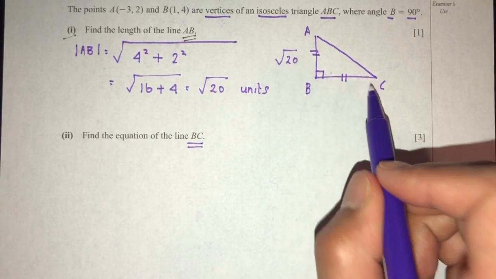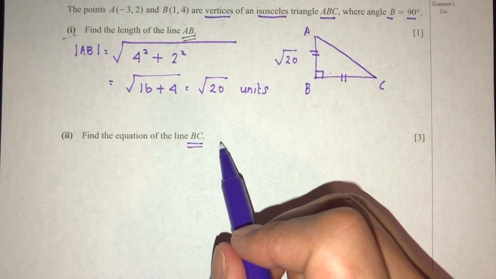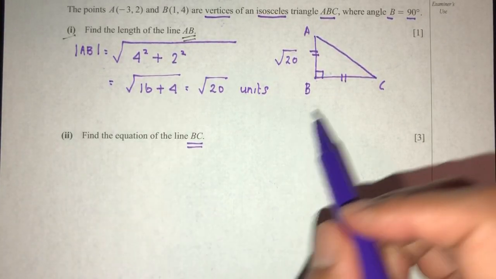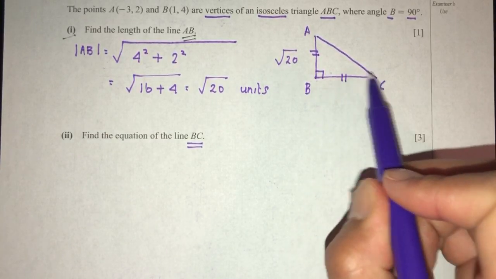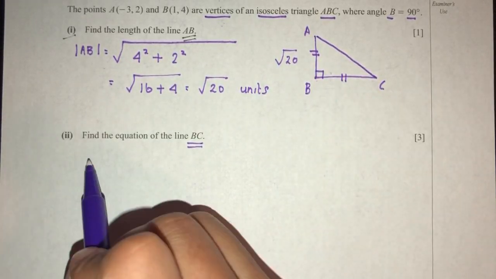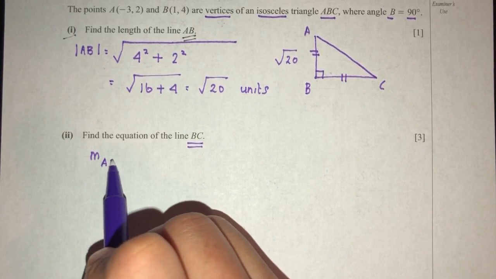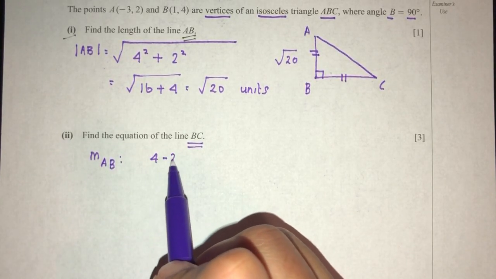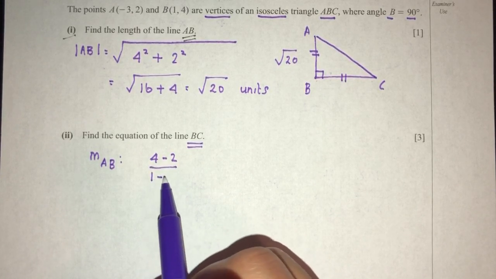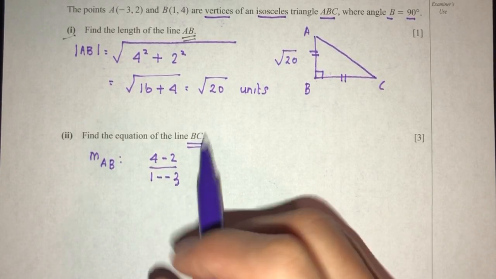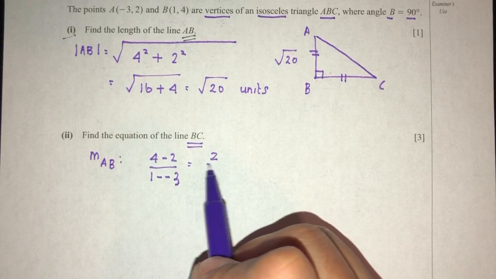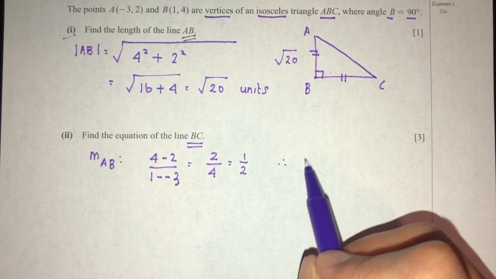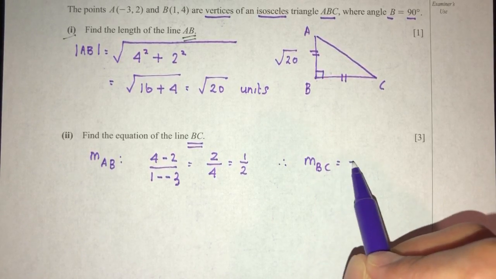So to find the equation of a line, we must first find the gradient of the line. As you can see, BC is perpendicular to AB. So we can first find the gradient of AB. That will be y2 minus y1, so 4 minus 2 over x2 minus x1. That will be 2 over 4, that will be half. So from this we conclude that the gradient of BC has to be minus 2